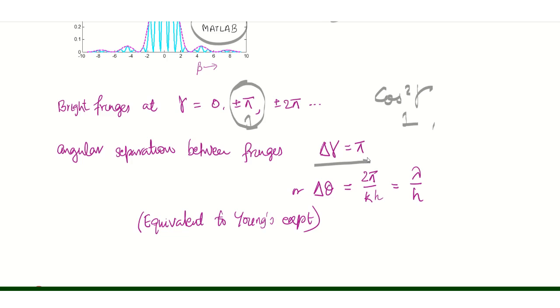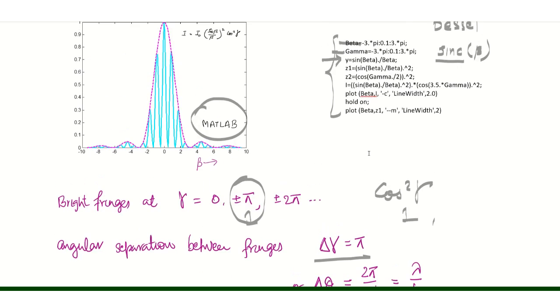minimum appears at pi by 2. See, this is 0 and this is pi by 2, that's the first minimum, and this is the first maximum. And therefore the angular separation is pi by 2 plus pi by 2. This is the separation between this and this. Okay,